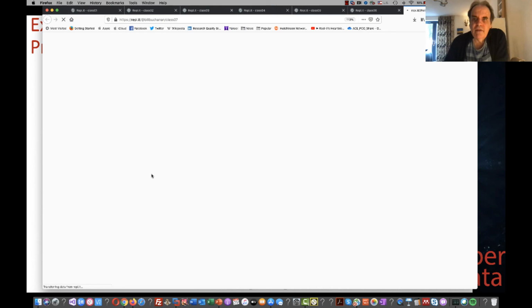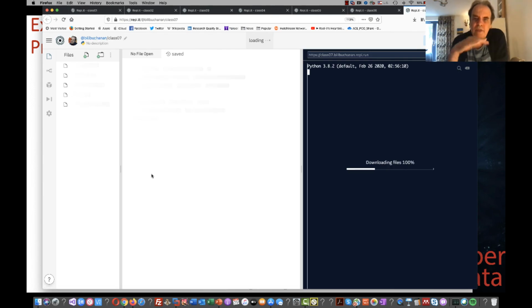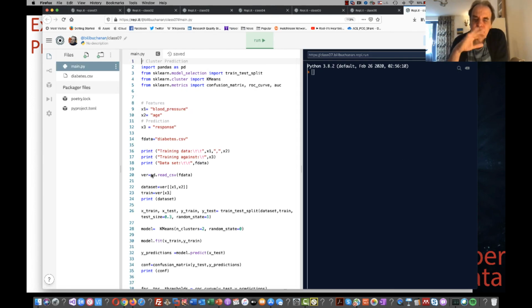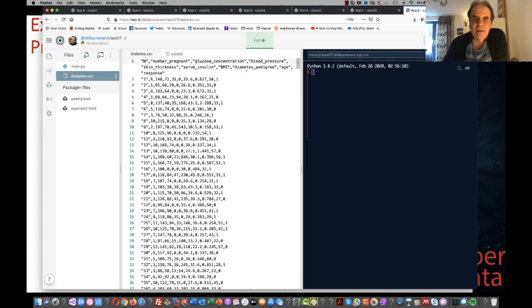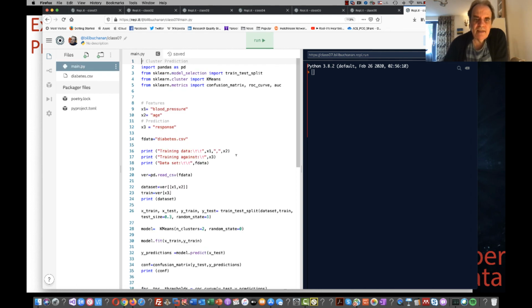Okay, so let's have a look at this one. Okay, remember the difference between this one and the last one is this is now categories that we're dealing with, and it's a different model. Okay, so in this case we'll do blood pressure and age and then response here. If we look at our data set, we can see here there's response. We have 0, 1, 1, 0, 1, 0, and so on. So it's this we're trying to cluster against. So with two of our features, we're going to train again to see if we can predict the clusters for response.